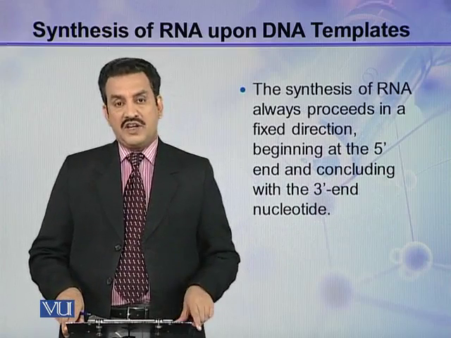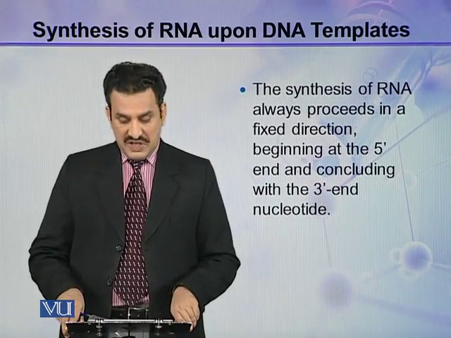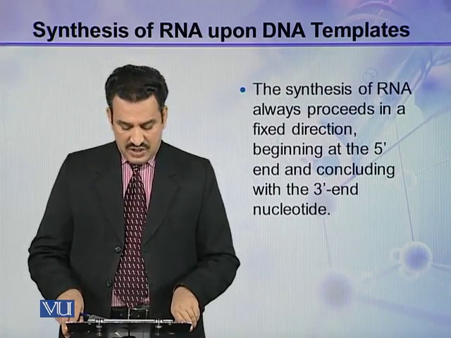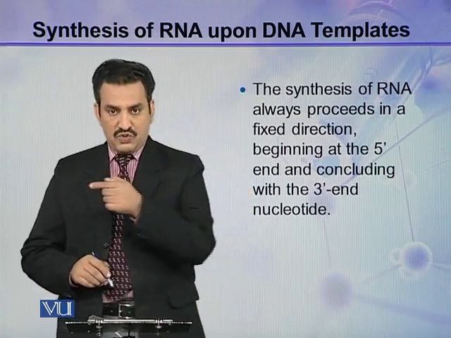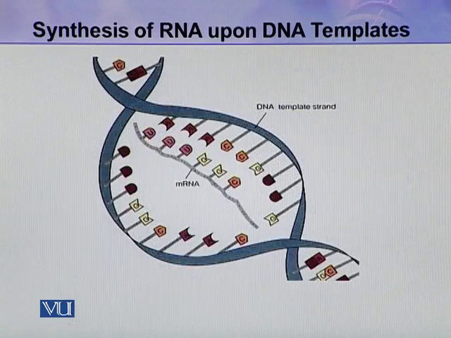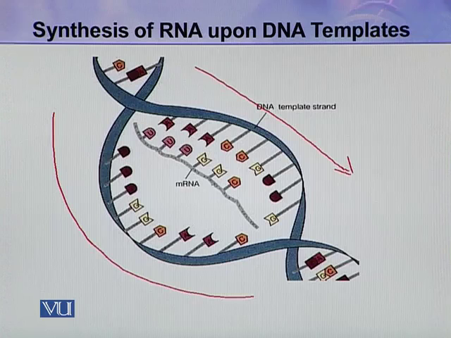The synthesis of RNA always proceeds in a fixed direction. That direction begins at the 5' end and concludes with the 3' end nucleotide. So this is from 5' to 3'. In this picture you can see this is double-stranded DNA. So from here it unwinds and makes a loop, and inside this loop this is the newly synthesized mRNA molecule. So bases are added and new bases will be added here,